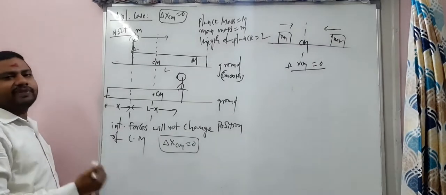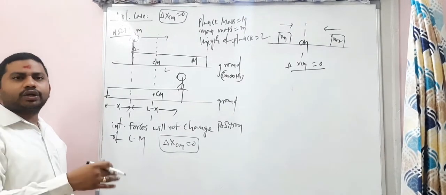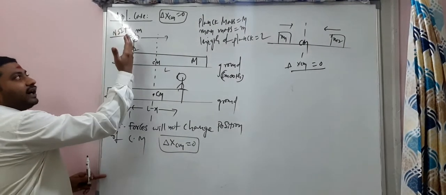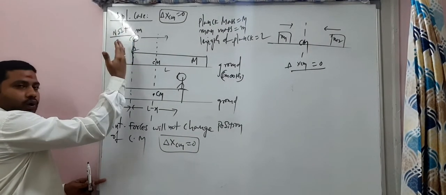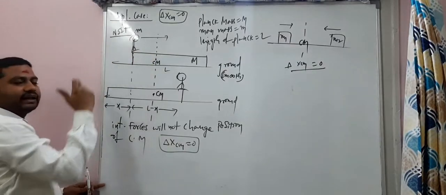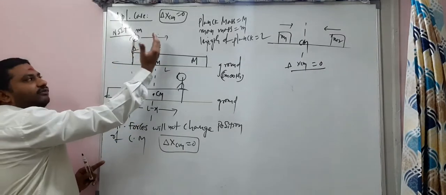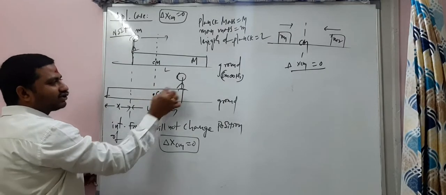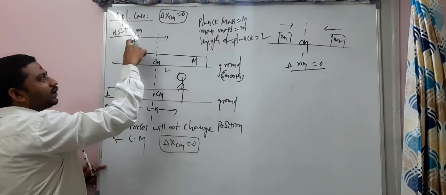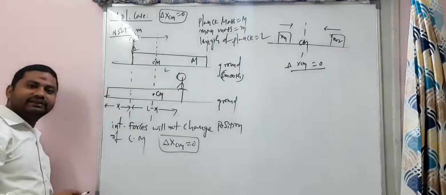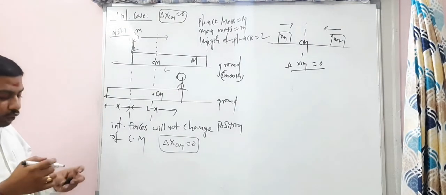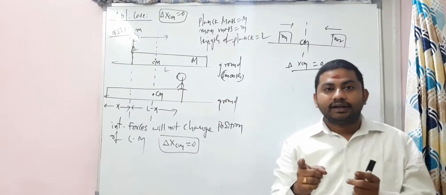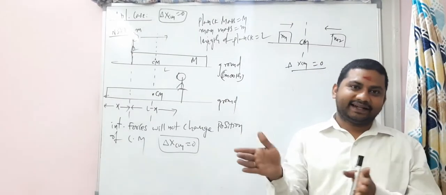See, the center of mass always lies where? It lies close to the mass of the man, because on whichever side the man is, the center of mass is on that side. Because the system's mass is more on that side. That is the reason. Here also the center of mass is close to the man. So to adjust the center of mass point, this plank will move sideways. That is the point here.